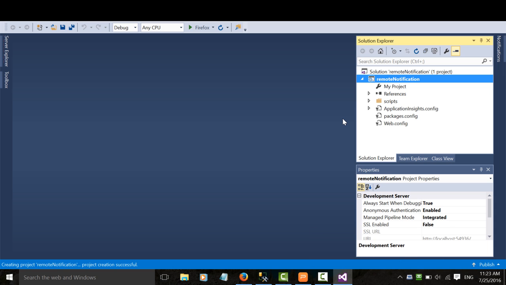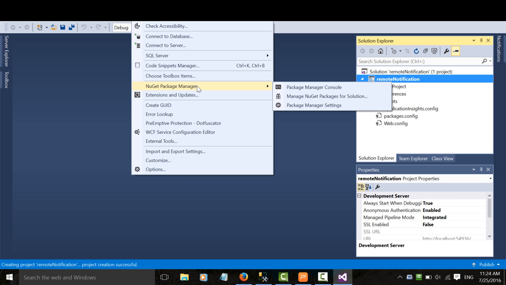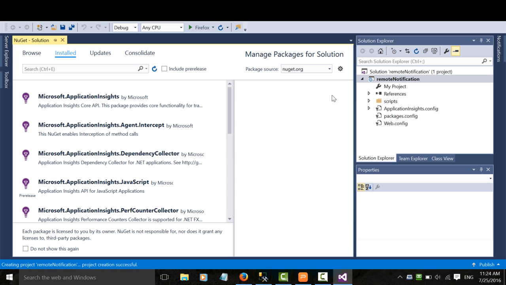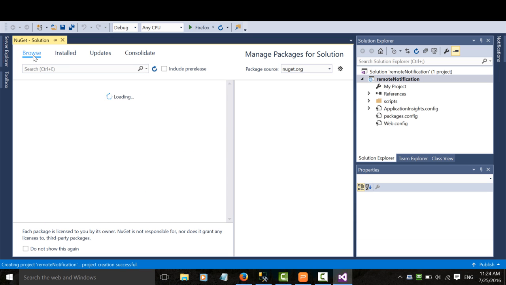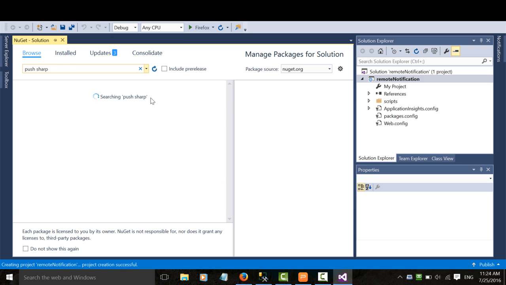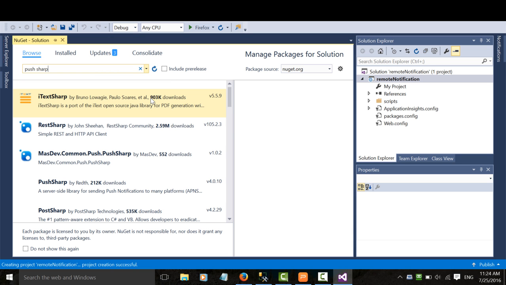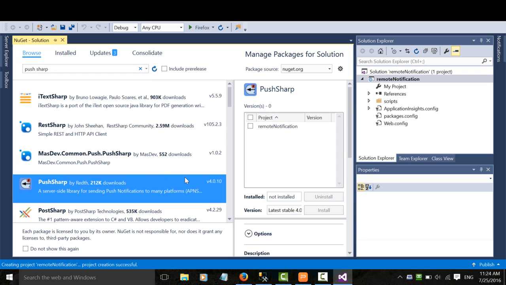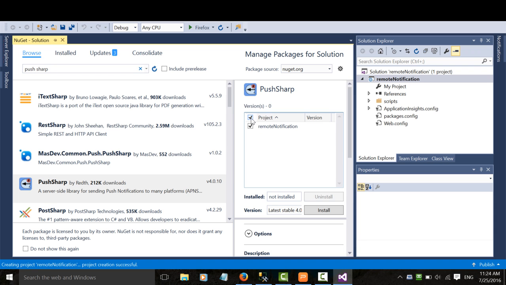Now let's install this component into the Visual Studio project. We use Tools, NuGet Package Manager, and then choose Manage NuGet Packages for Solution. Now choose the Browse tab and type PushSharp. It's searching for the component, and as you can see, here it is. It's PushSharp by redth. To install this component to your project, you should check it here. Check your project name,